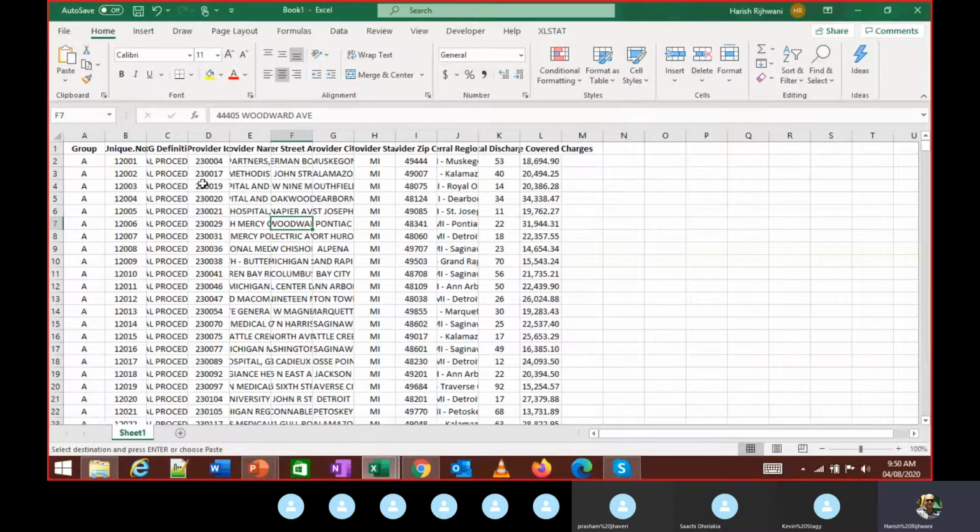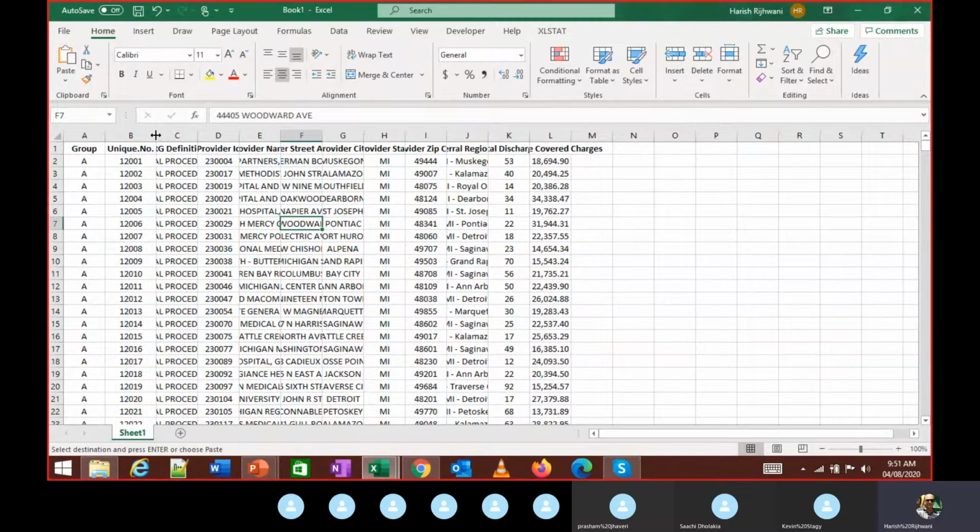When I move my mouse between the names of the two columns, I see a different symbol. It's still a plus symbol, but it has a single line and a double-ended arrow. When I double click the line in between, it fits this particular column. The data gets auto fit.